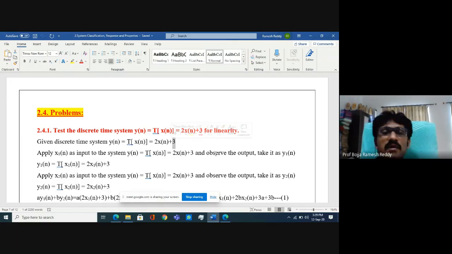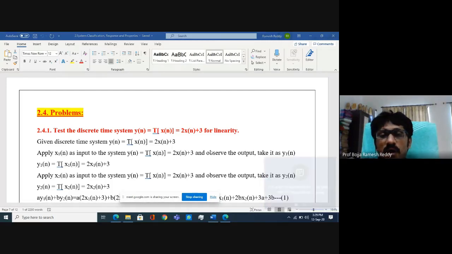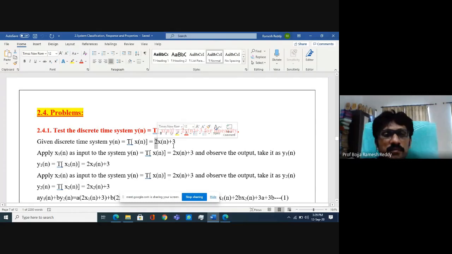Why are constant systems non-linear? It means that if the output is constant irrespective of your input, whatever input you are giving, for different inputs the output is constant, then what is the use of that system? The output does not change due to change in input. Such things are called non-linear systems. We have to keep in mind that all constant systems are non-linear. That is one thing. Next, constant coefficient: no problem for linearity. We will see the remaining things also.